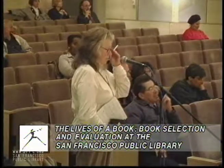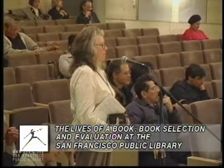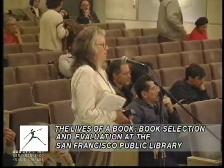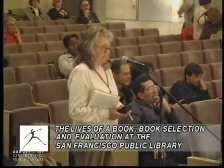So basically speaking, if I understand it, if a book is no longer needed at a branch library, it is weeded. It is sent to the main library. It is checked to see if it is the last copy. If it is the last copy, then, Ann? Well, the branch is supposed to check to find out if it's the last copy. If it's the last copy or even the second to the last copy, they send it to the selector in the main who selects in that area. I mean, if it's a fiction title, they send it to the fiction selectors, and if it's a costume book, they send it to the costume book selector, and the selector then makes a determination whether or not to